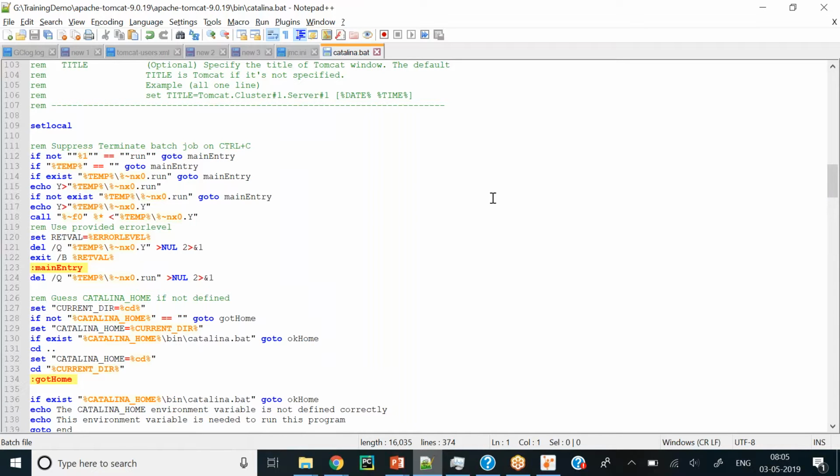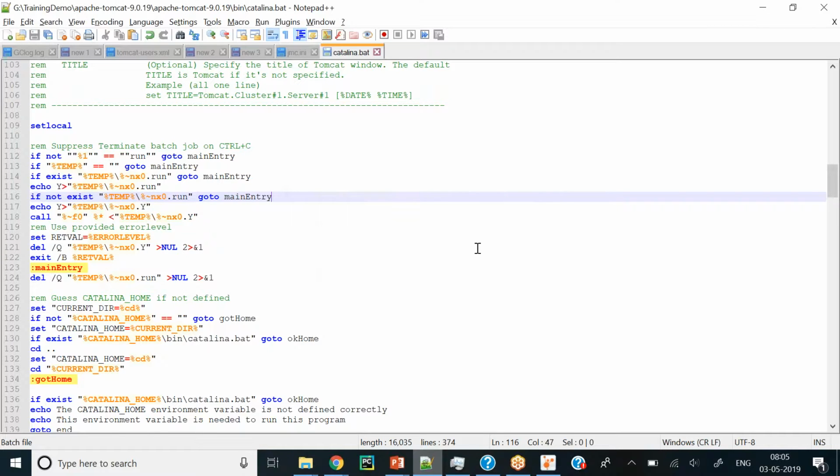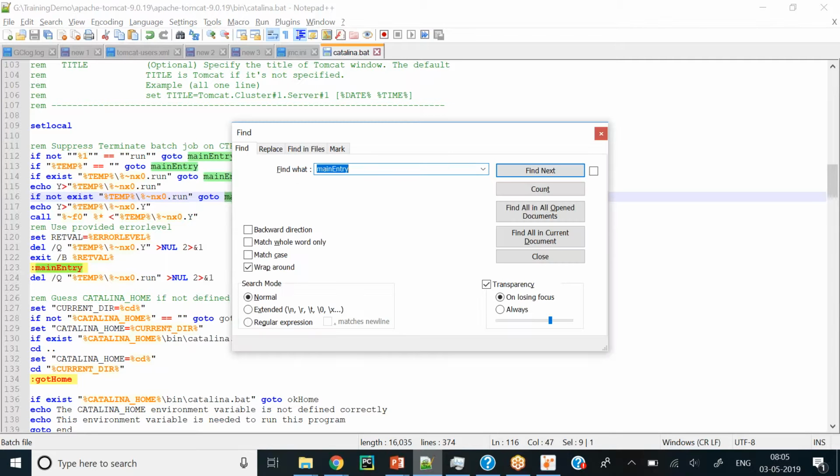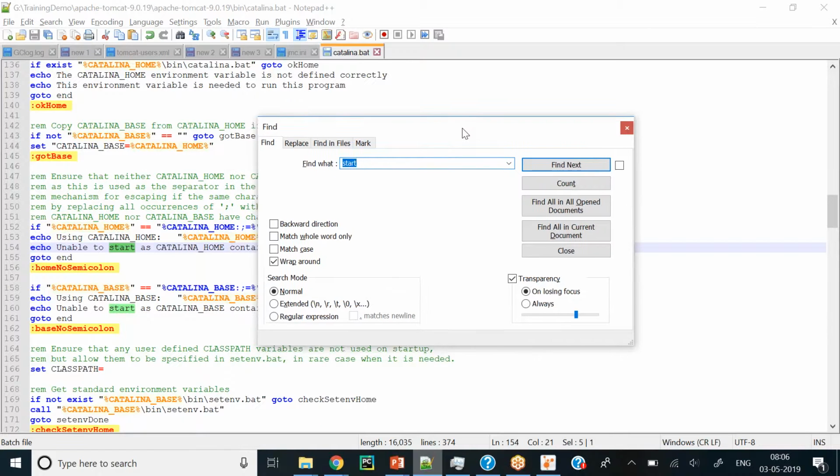So you need to find the start section. It should be doStart, I guess.